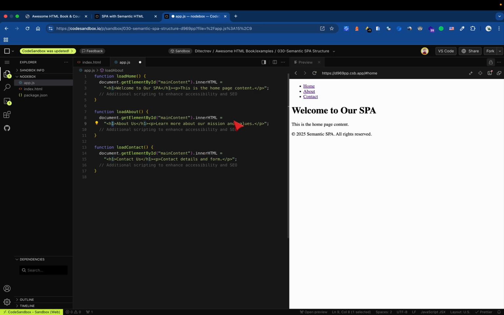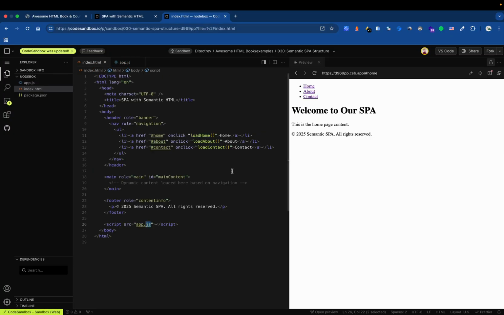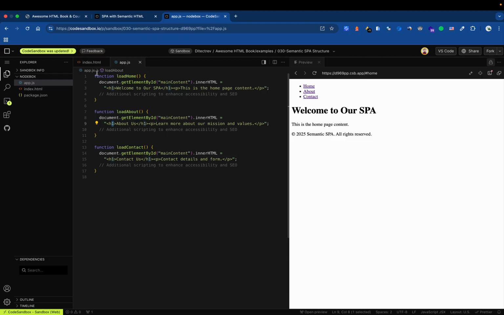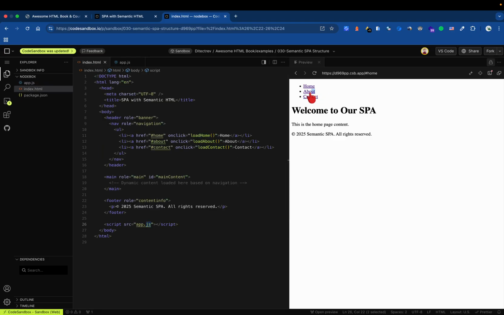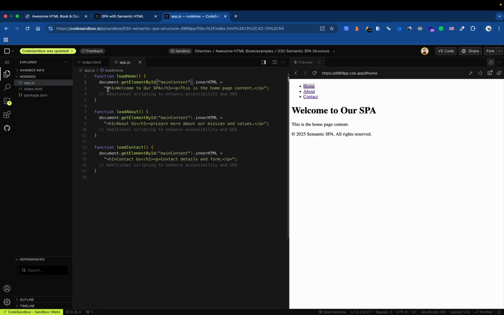Yes, and this is what we had at the beginning of our example. So this is an example of a single page application. A single page application is an application where, on some kind of logic on the site, we are loading something which is not in our HTML, and this logic is in our JavaScript file. And if we want to be accessible and provide a proper semantic web, also better for the search engines, we can use HTML tags inside JavaScript. You can see in the example accessibility and SEO, search engine optimization, are on a higher level, and you are still good to go. Even though this is pure JavaScript, you can use this concept also in other